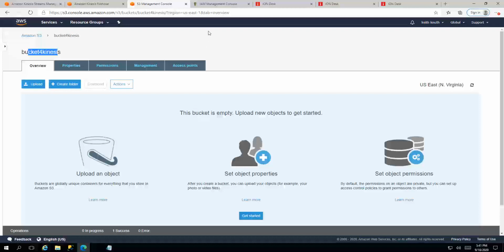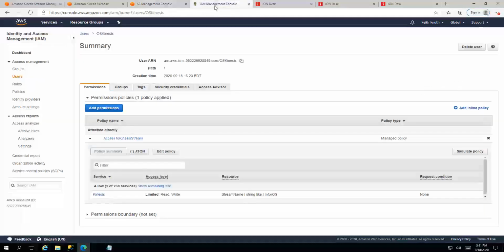The one special thing you have to keep in mind is permissions in AWS IAM. Some permissions will be created for you when you create these objects, the 3 objects that I just talked about, but one won't be, and that is a user that has access to this Kinesis data stream. So I created a user called OS Kinesis, and I've given him a security policy called access to Kinesis stream. So it's a manually created policy, and I've given him write access to my Kinesis stream that I created in